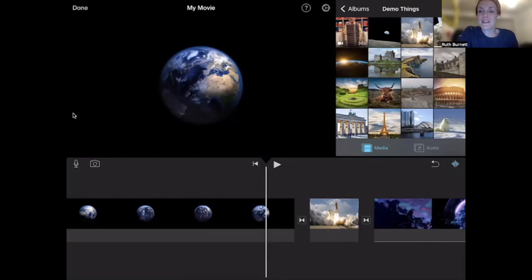So for the purpose of these demonstrations, I don't actually have any videos that have been created by the kids in school for obvious reasons. I've found some videos on a website called Pixabay that are copyright free, and you can get a selection of graphics, of music and videos as well there that are copyright free, and you can download from them for free, which is fabulous. So I'm going to have to ask you to imagine that these are films that have been